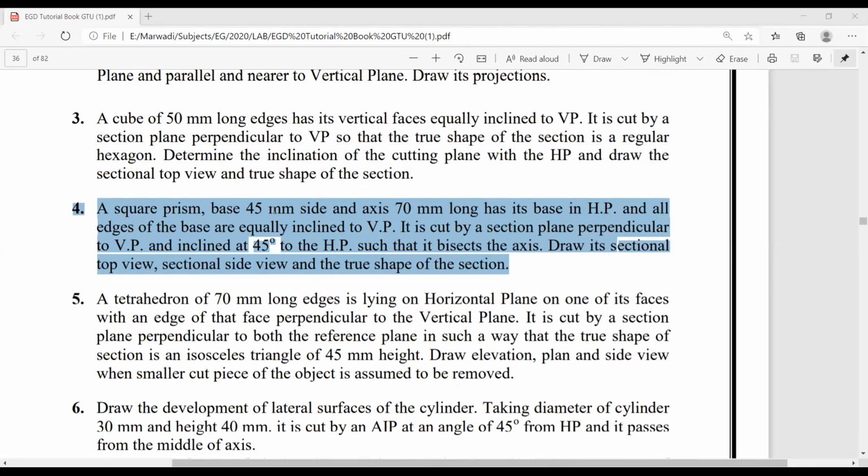Square prism base 45 mm side and 70 mm long has its base in HP. Yes, everyone, please now focus here on the question number 4. Everyone, just leave your work and focus here, because you need to draw this thing from your side also. First of all, note down the question. Please note down the question properly.